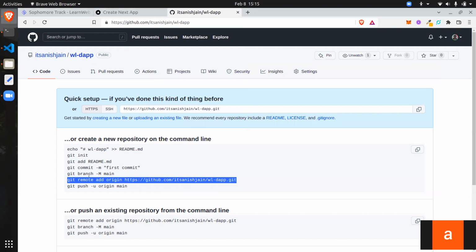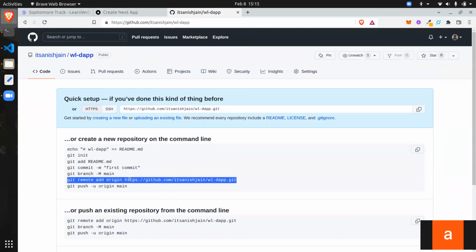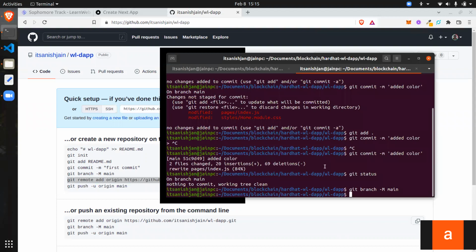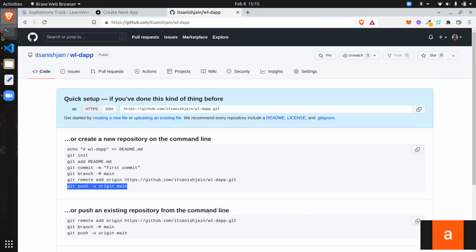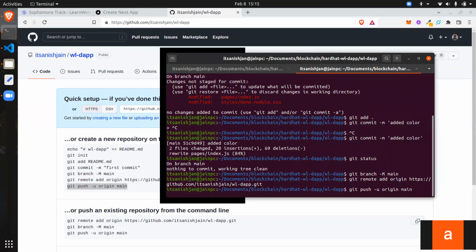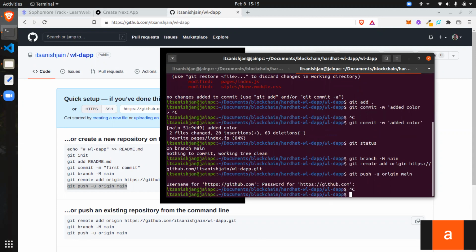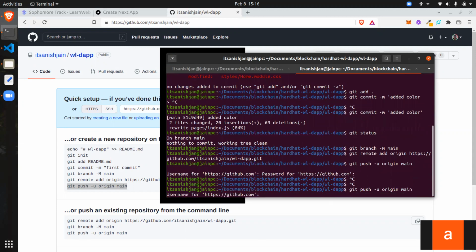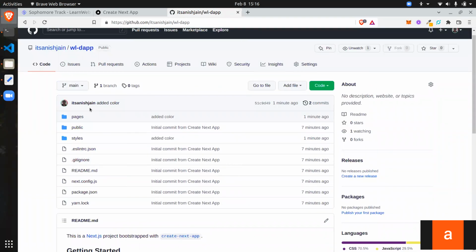And now just change your branch from master to the main branch. Just copy this thing. Now copy your GitHub repository's URL. Just use it, and now push your code to GitHub itself. So it asked me for my private keys and everything. So I'm gonna mention it. So yeah, I just uploaded my code to GitHub, and now you can see the code is up